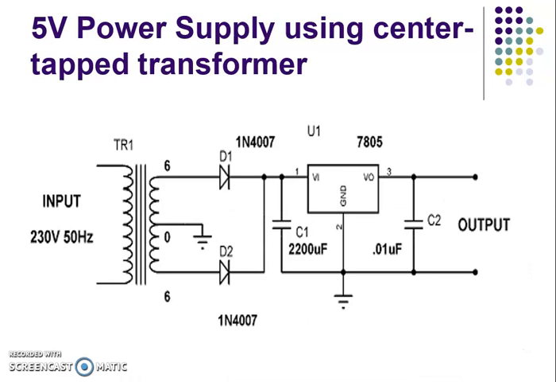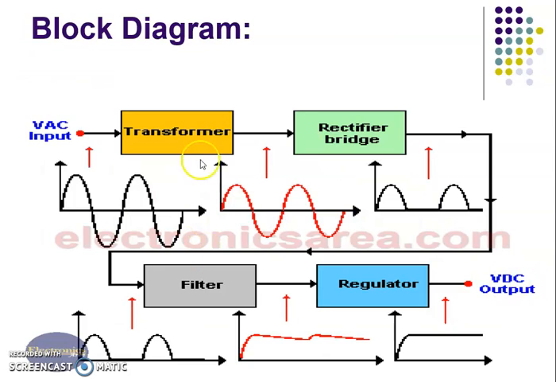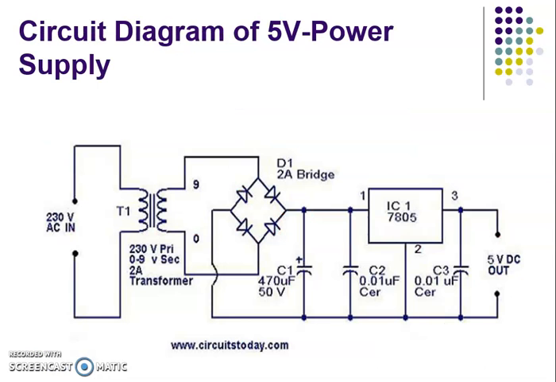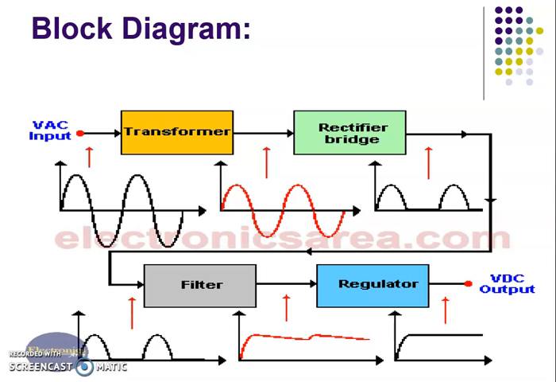So this is about the power supply circuit diagram. Either we can draw this diagram, or we can also use the block diagram. Any one diagram is expected, and the function of each and every block of that block diagram is expected. The same is mentioned in the circuit diagram also. So this is about the power supply, the AC to DC converter.